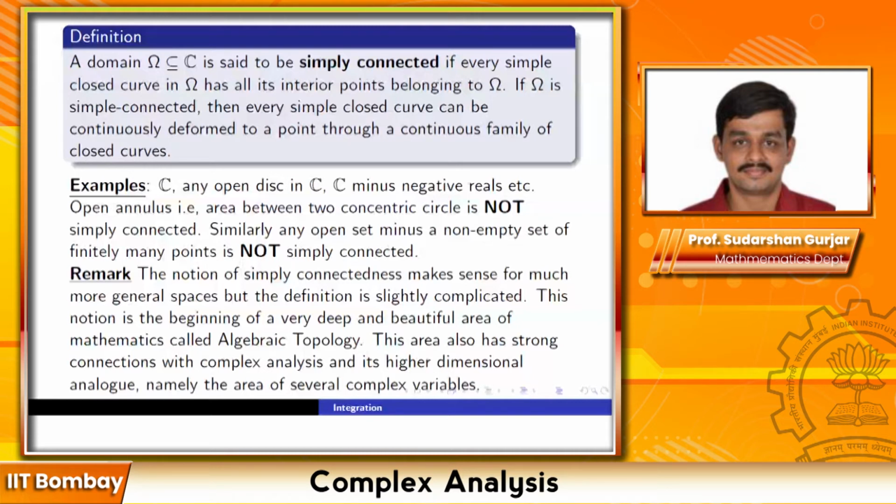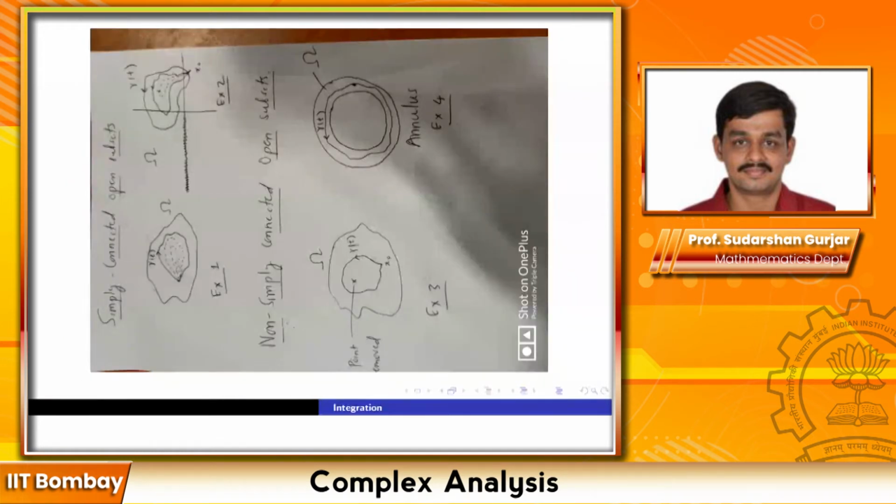Only one point is that I assume that my space is a domain. Look at the first line, a domain omega. So I always assume path connectedness when we talk about simply connectedness. If things are not path connected, then there are other issues which I don't want to get into. So whenever we talk about simply connectedness, we will assume that we are on a domain, which means a path connected open set. Okay, thank you, sir.